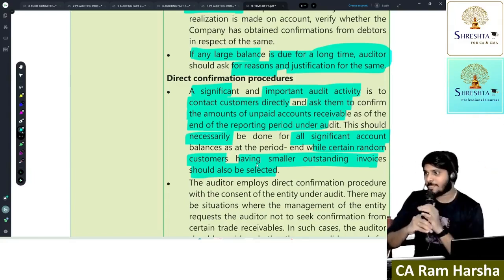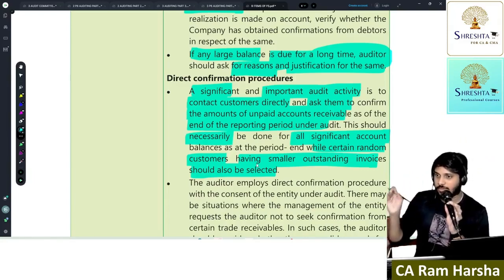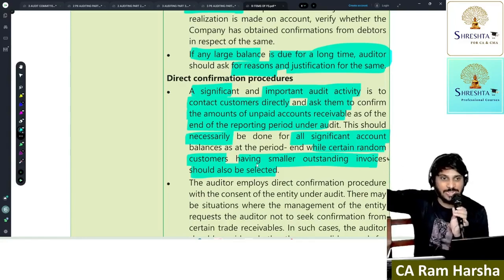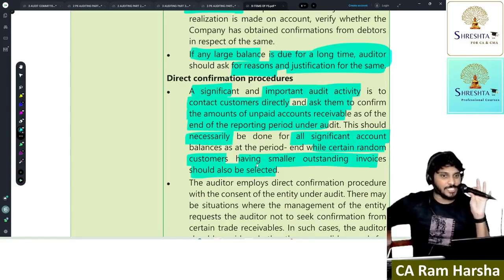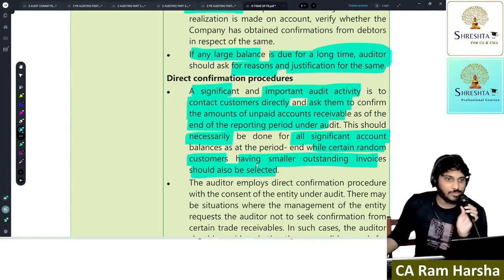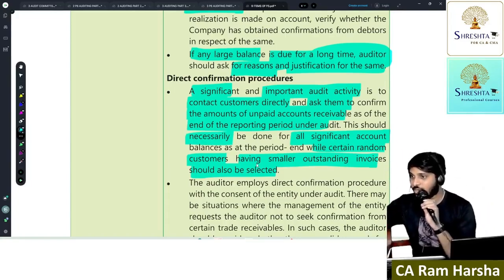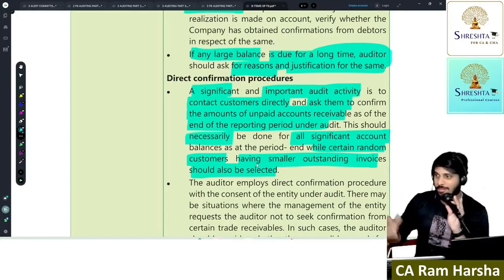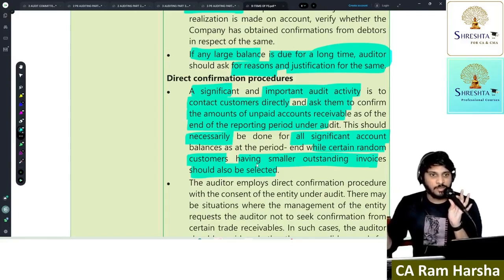First I say that in the client's books of accounts, we found that your account has an outstanding balance of 10,50,000 rupees. Full stop. Reply within 3 days if you disagree. If you disagree, please reply within 3 days; otherwise, ignore. Within 3 days, if a reply came, what is the answer?